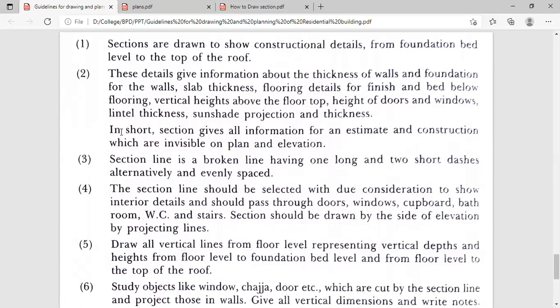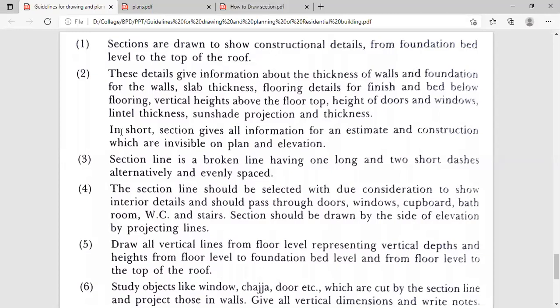Means whatever things we can't mention in a plan and elevation, we have to mention in a section. Means whatever kind of material we are going to use to construct different elements of the building.